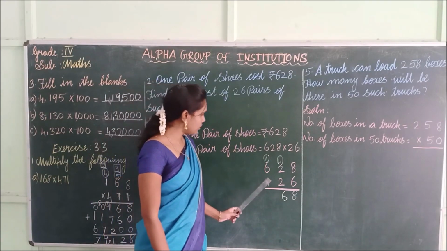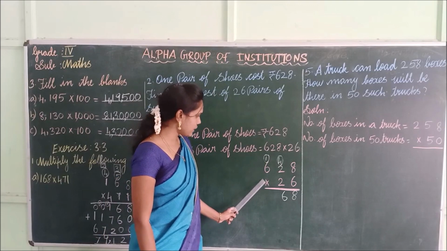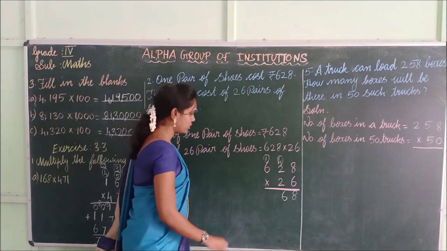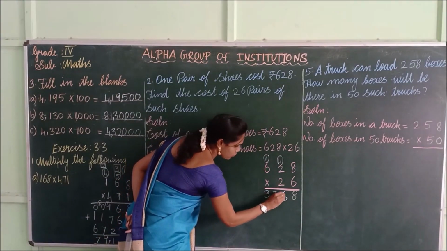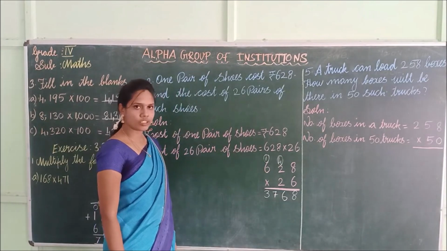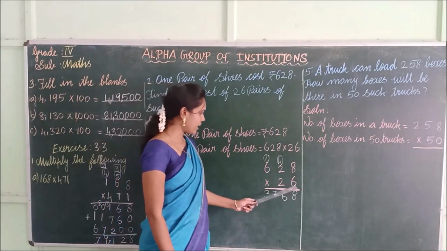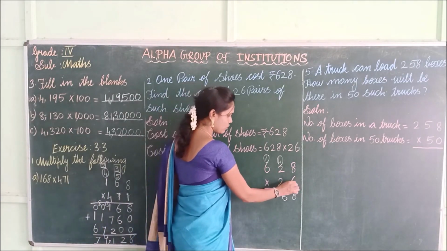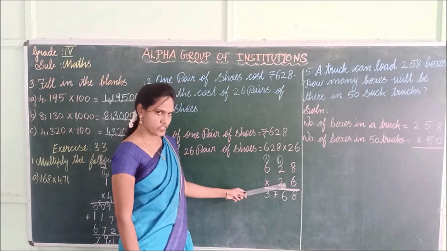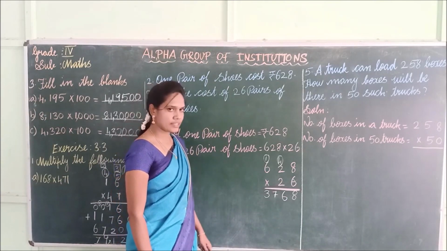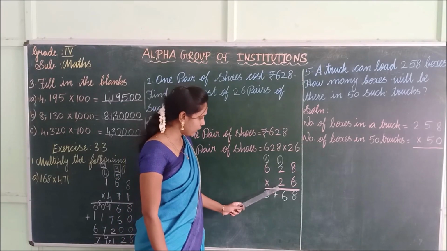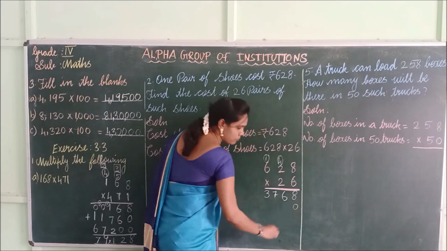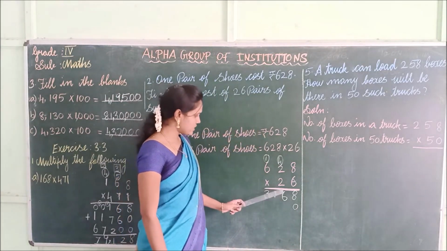Now we move on to the next number in hundreds place. 6 into 6. 6 sixes are 36. 36 plus 1, very good, 37. So you should not forget to add the carryover numbers. Okay, children? Yes. So we have finished doing the ones place digit. If you want, you can just cross it out for your clarification. Now we move on to tens place. As I have said already, if you are taking tens place, you also should start from tens place. In ones place you can put 0. Shall we start this one now?